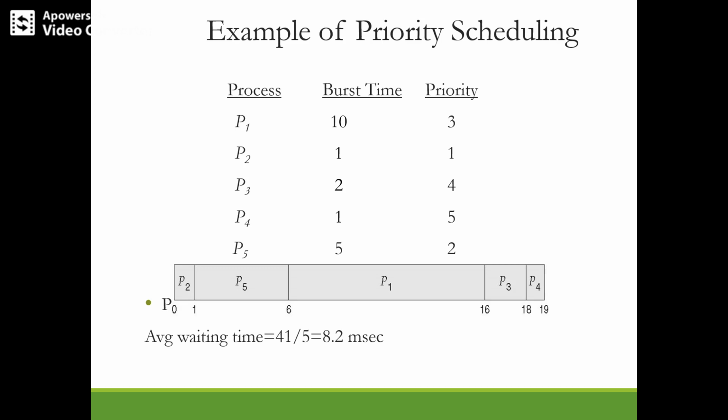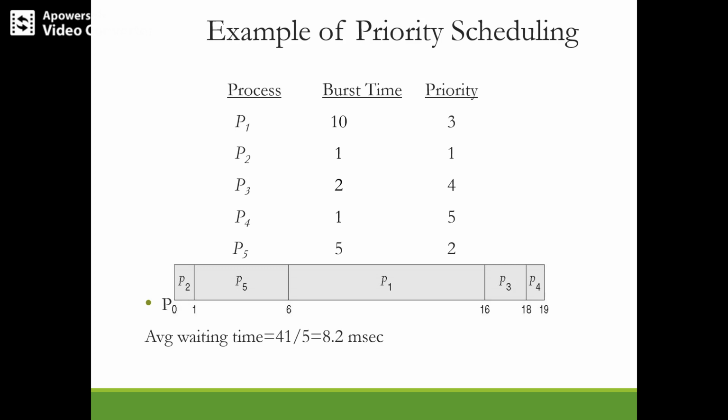And then after that, any other process which is having the highest priority is given the chance. So after process P2, it is the process P5 which is having the highest priority. So 1 refers to high priority and 2 refers to the next higher priority. So process P5 gets the next chance to take over the CPU and it completely executes for 5 milliseconds. And so far, processes P2 and P5 have completely executed. Next we have got processes P1, P3, P4 remaining in the queue.